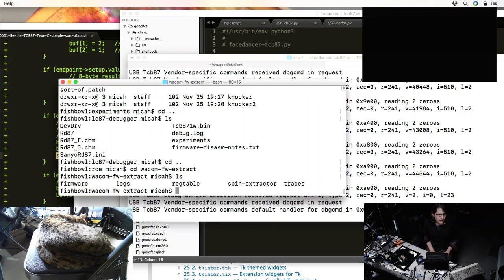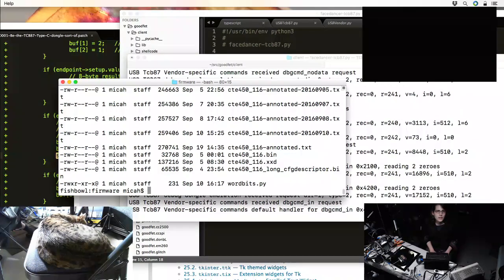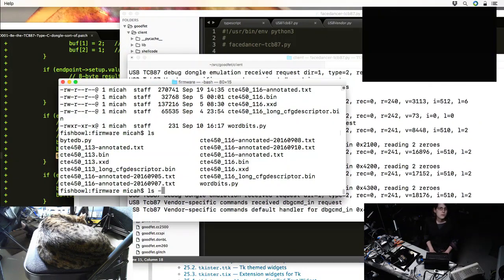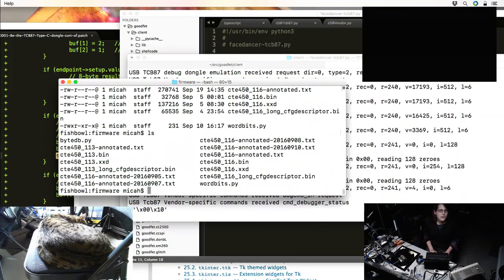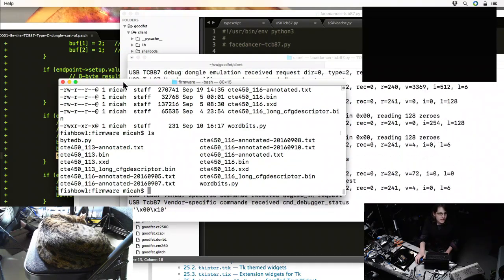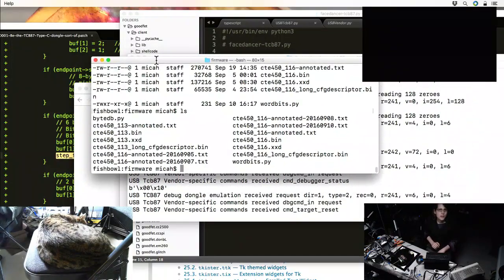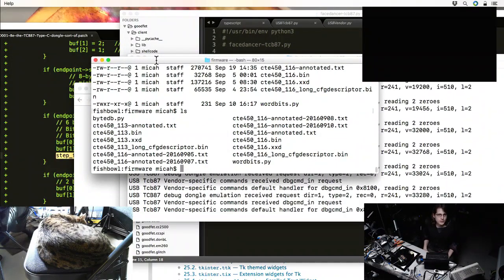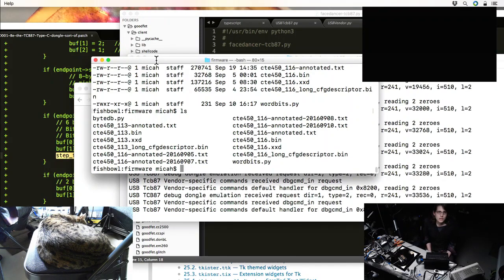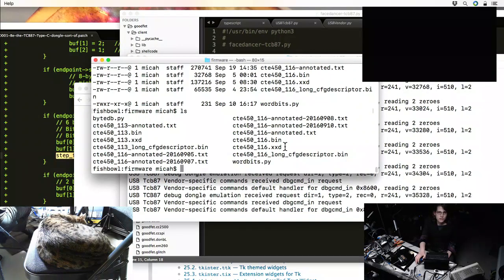Wacom firmware extract. There it is. I've got a couple of versions too. In fact, this is actually maybe an opportunity to try something new. I have these two different versions of the Wacom CTE50 firmware, and I got both of these with voltage glitching, and I've already checked these images out. They're good, clean images. The 1.16 version on the right there, I've already done a bunch of reversing on,